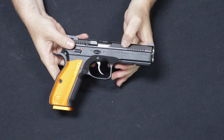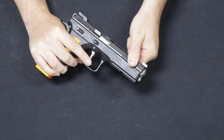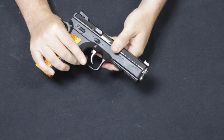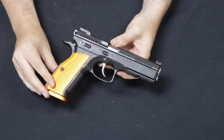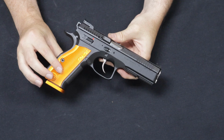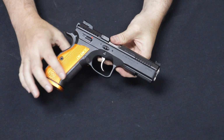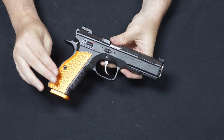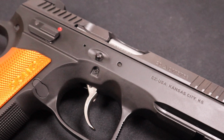The slide and the frame are actually factory hand fit to each other, so you have much tighter lockup. There's actually zero movement between the two, so the fitment between the two halves of the pistol is very precise, and it has a factory tuned trigger. So even though the Blue Series Shadow 2 has a nice trigger, this has a cleaner, shorter break and a shorter reset. This puts the price up maybe about 40% over the blue,